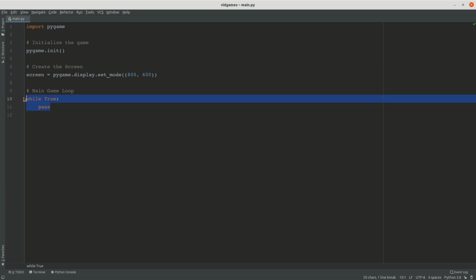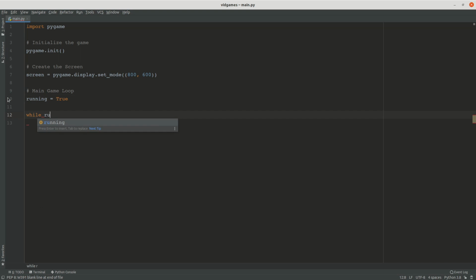So what I'm going to do is set a variable called running. I'm going to say running is equal to true. Basically this means the game is running. So I'm going to say while running. This is a shortcut for saying while running is equal to true. If I write that and then put a colon at the end, you'll see